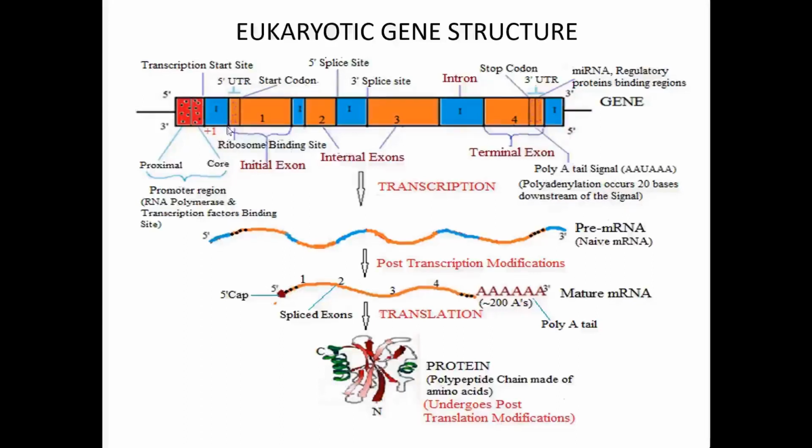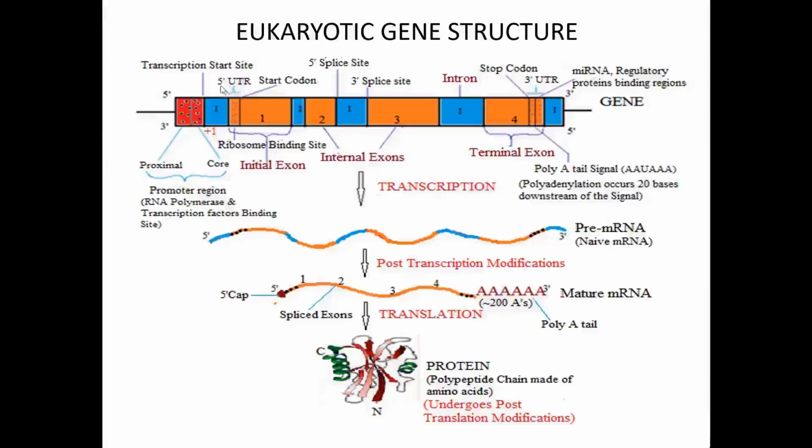And then what we see is, when pre-mRNA is formed and undergoes a process to form a mature mRNA, some portions are removed. We call those regions intron regions. So these introns are spliced out and the exons come together to form the mature mRNA. Also, during this post-transcriptional modification, polyadenylation occurs. It occurs at a site where the poly A signal is found. That is what we mark here as the poly A tail signal.